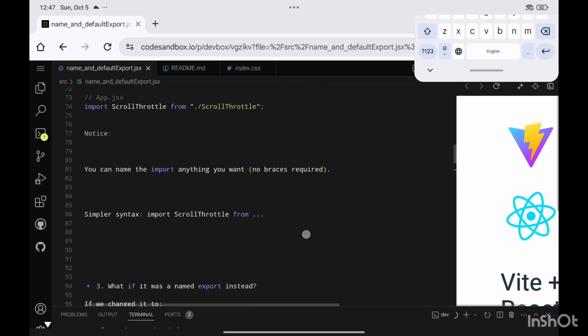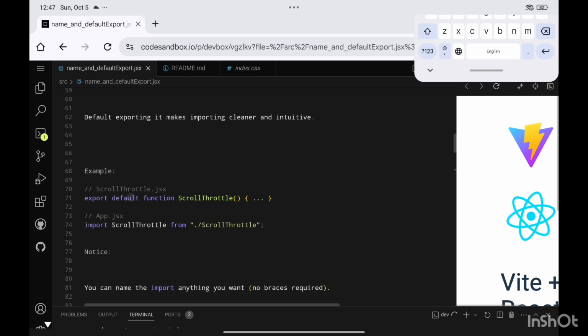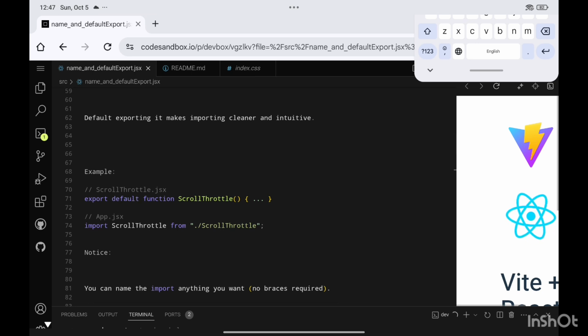And how we make use of default export. So for default export, we will be exporting it like this. We just have to write this default. So this means this is a default export. So default export is used wherever you are,